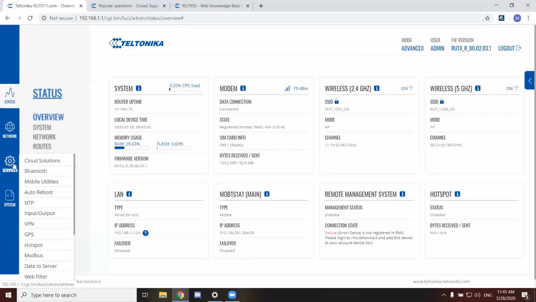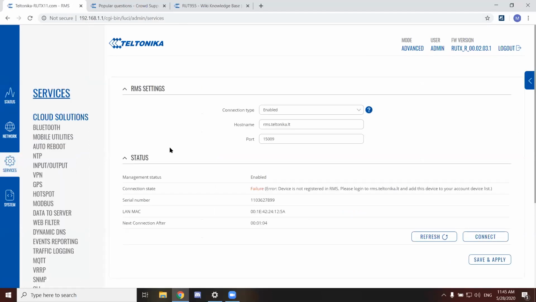Going to the router services, one of the most important things for an IoT router and gateway is remote monitoring and management. Our devices support multiple management protocols, and let's have a quick overview of some of them. So the first one is Teltonika RMS. It is the best monitoring and management solution for Teltonika devices. It is developed by us, and it allows full remote access to the device's web user interface, which I'm right now browsing, and command line interface, and it periodically collects data from the device and displays it in visual charts in the RMS